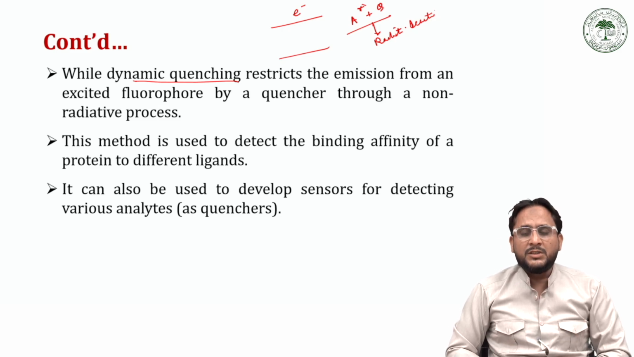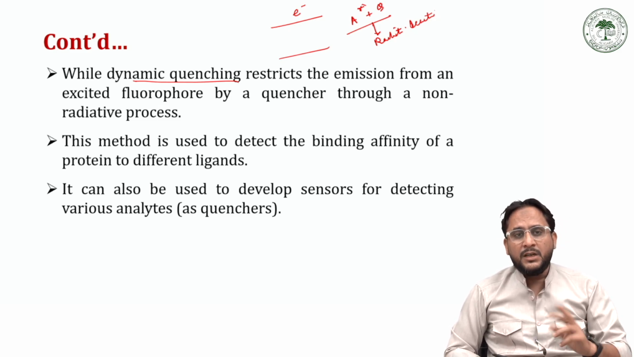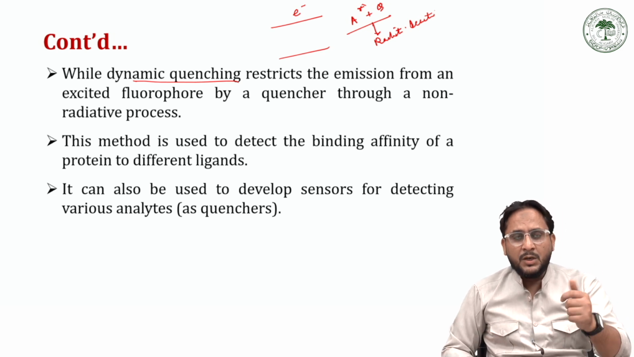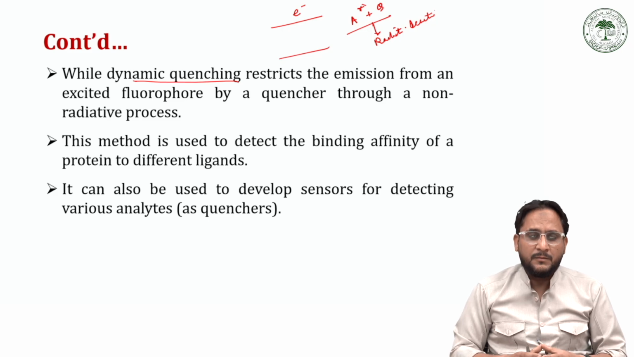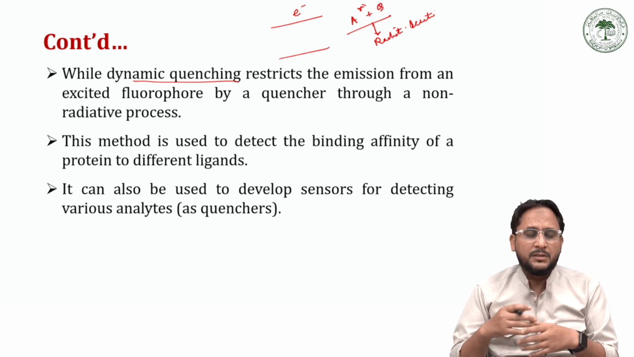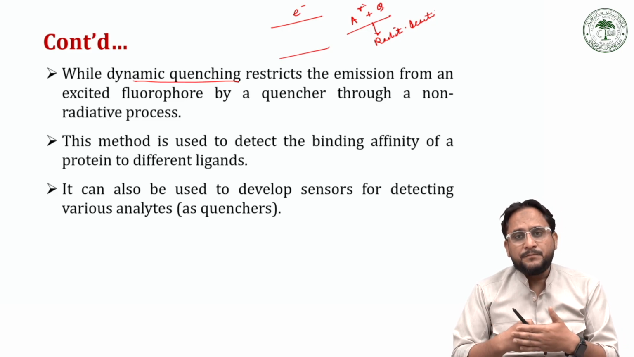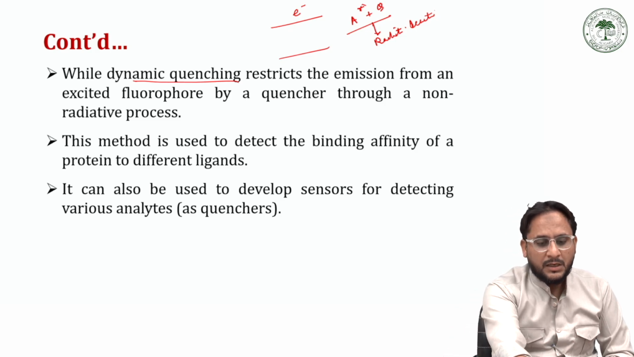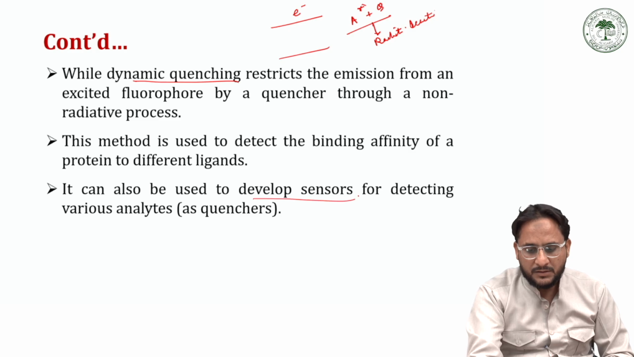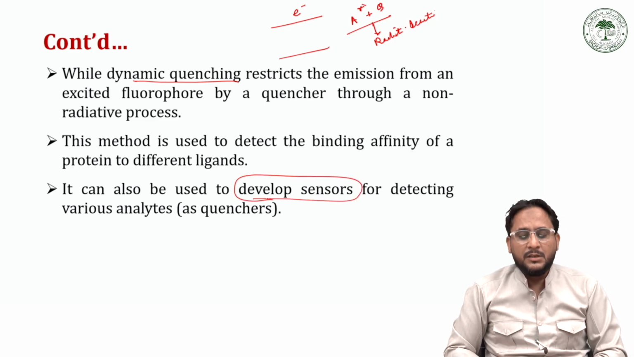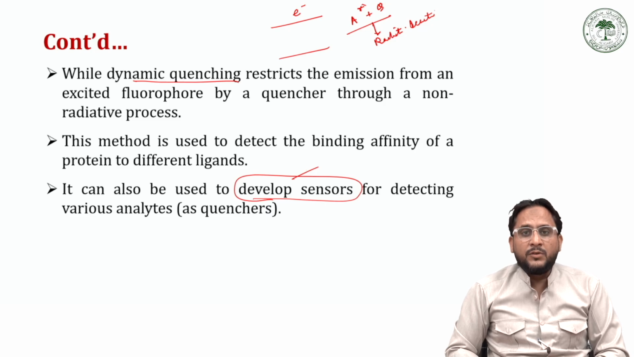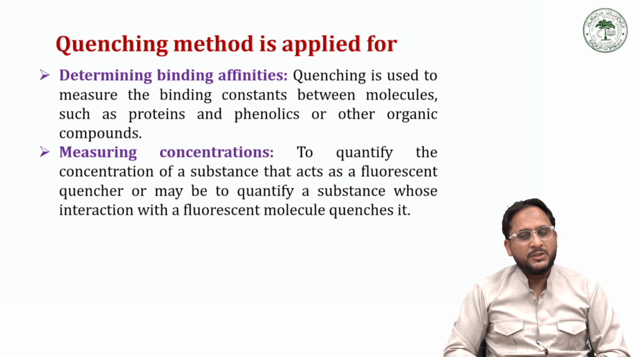And therefore dynamic quenching is very useful to study the folding and unfolding of protein molecules. When there is unfolding in the protein, there will be light emission. When there is folding in the protein, there will be no light emission due to dynamic quenching. So these dynamic and static quenchers are used to develop fluorescence sensors. So these dynamic or static quenchers can be used to study the fluorescent sensors that are useful for detection of various compounds. Quenching methods are applied for